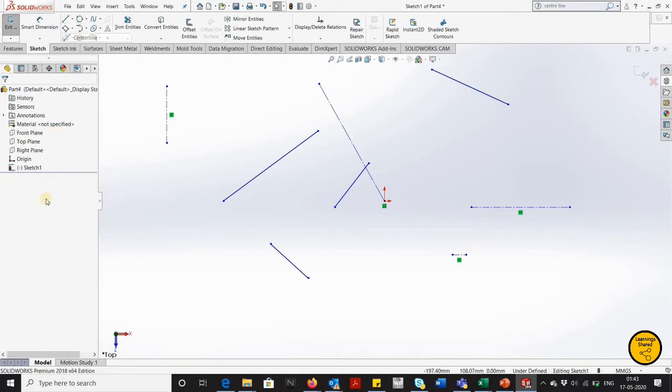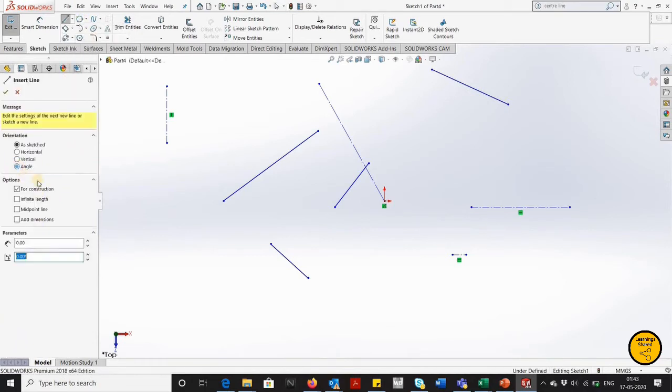Now we are going to see this angle. This angle means you can predefine the angle and length of the line. See, for construction I will remove for construction.